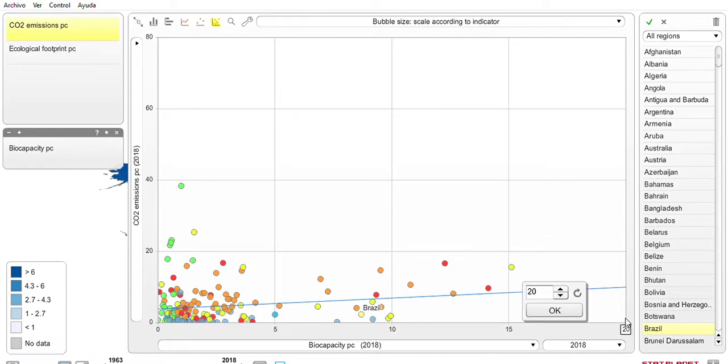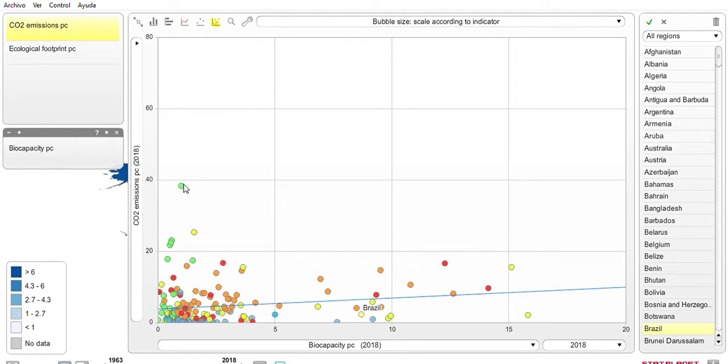Although let's limit this to 20 and exclude those countries with very high levels of biocapacity. But you see here countries that have greater carbon emissions than one would expect,